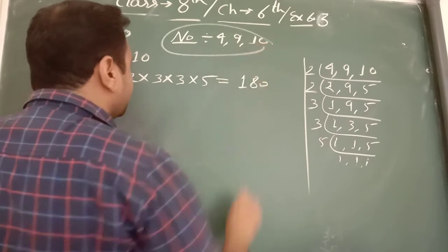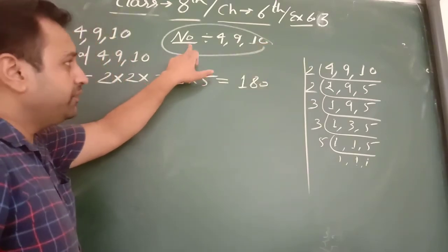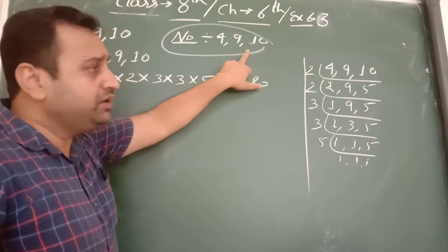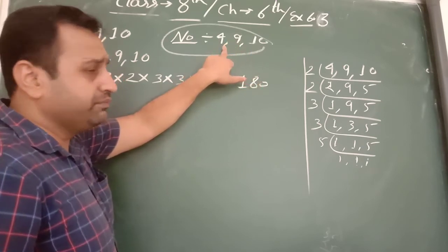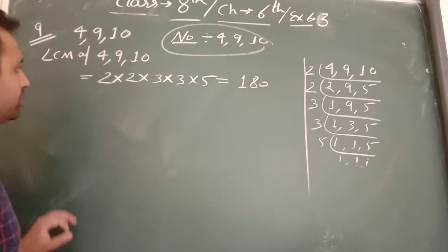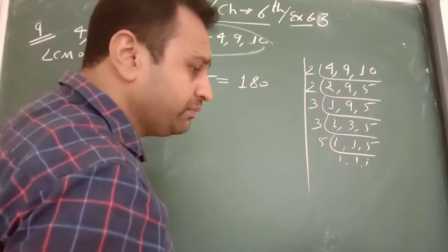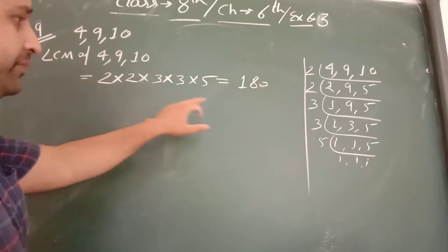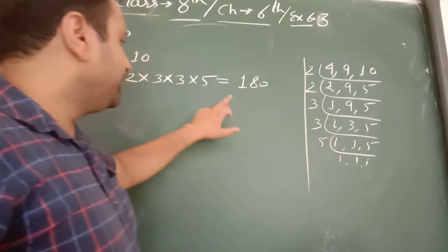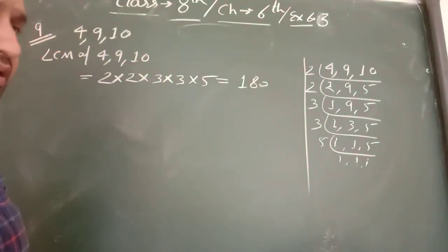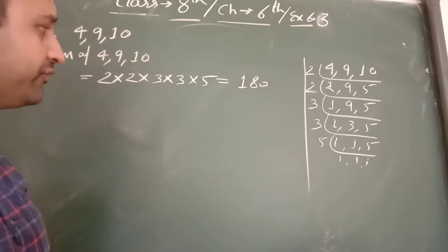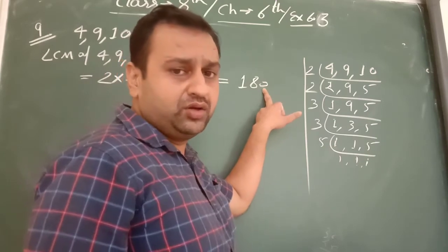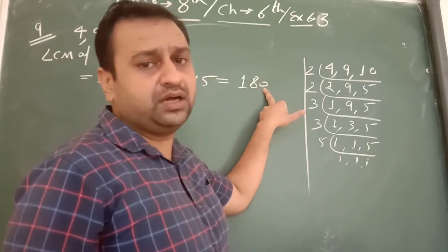So in this condition the number may be their LCM, because LCM is also a number which is divisible by the given numbers, but it may or may not be a square number. Firstly we find their LCM, and their LCM is 180. Now we need to check whether 180 is a perfect square, yes or no? No, because there are not an even number of zeros at the end.